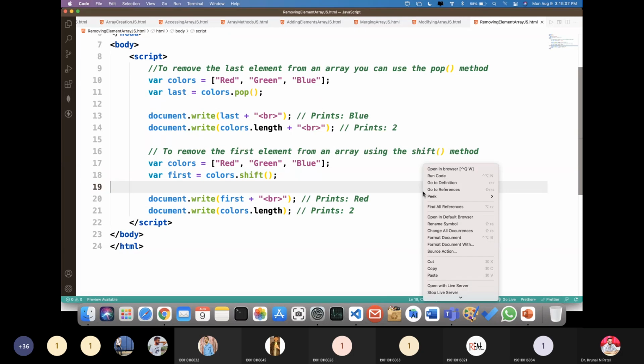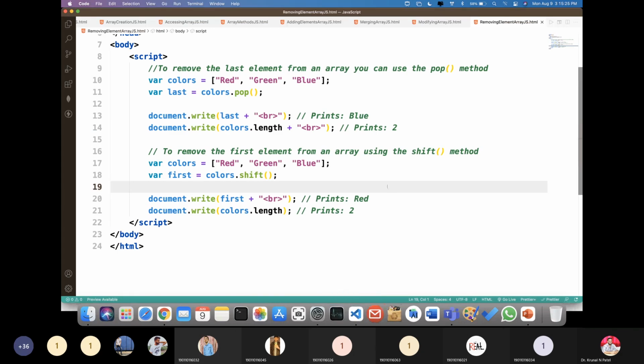That's it, guys. Now let's execute this code and you can observe the output. These are the lengths after removing the elements, and which one is the last one and the first one.